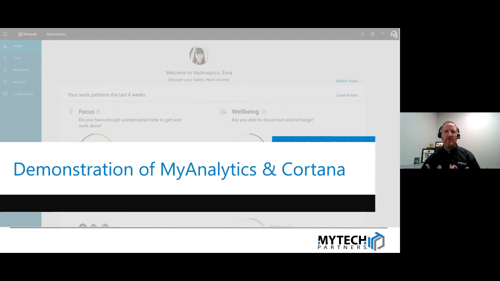It's basically the digital assistant, and so some of the information comes from Cortana, but really the core information is in MyAnalytics. Cortana is just an extra piece, and I'll illustrate that by the first way in which your team has maybe already been exposed to this, or will be exposed to it in the future.